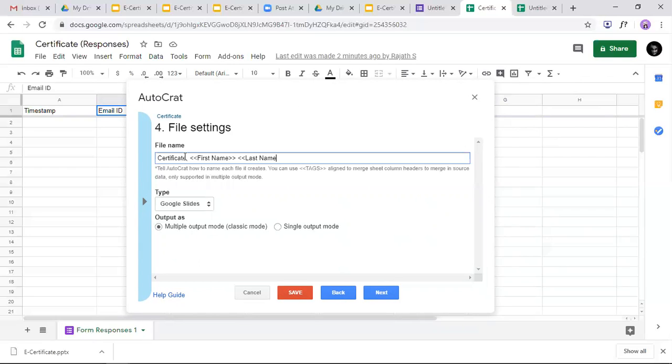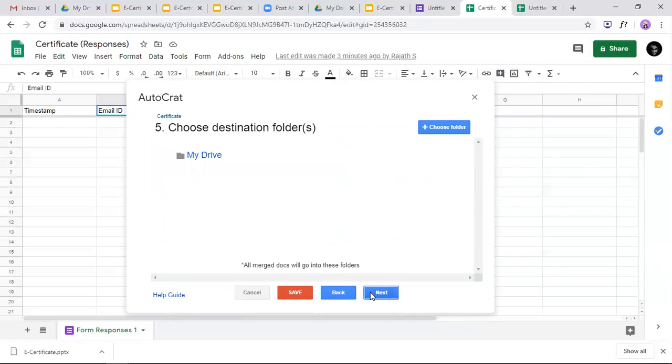So the file they'll see will be in PDF format, certificate and the respective name. We have to use this slides as PDF, and it is multiple output mode. Then we just have to go next.